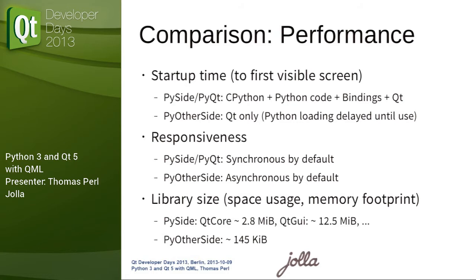Just for the Qt core bindings, you have 2.8 megabytes. That's not the Qt core library, that's the Qt core bindings. And obviously, if you want to do some UI, you also have to have the Qt GUI module, which is again 12.5 megabytes for the bindings. Your Qt GUI library itself has something above the same size, I guess. And you then also need QtDeclarative. So for every Qt module that you want to use, there's going to be a binding module,